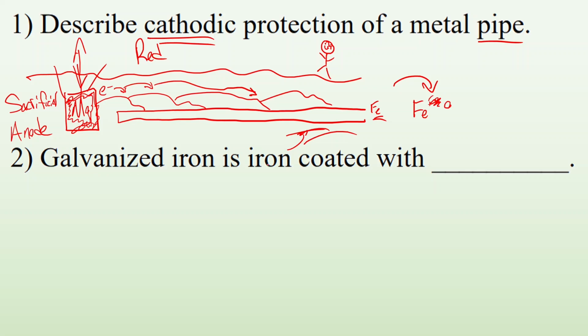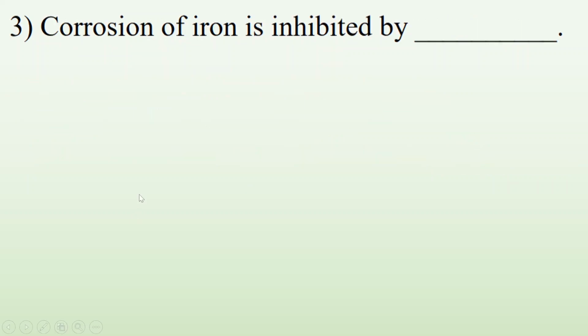All right, galvanized iron is iron coated with zinc, right? So that's what galvanized is. And number 3, corrosion of iron is inhibited by a bunch of things. You could put high pH conditions. So if it's in a basic environment, that'll prevent it. But more often than not, something that you probably see on your commute into school or work or going to grab a burger or something is